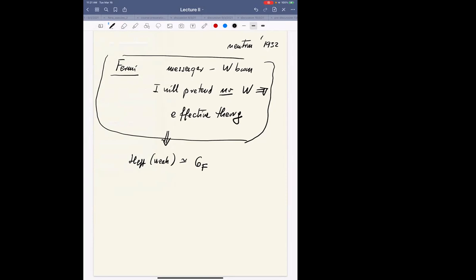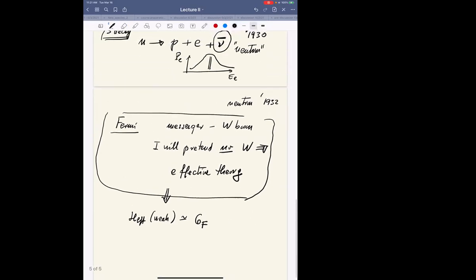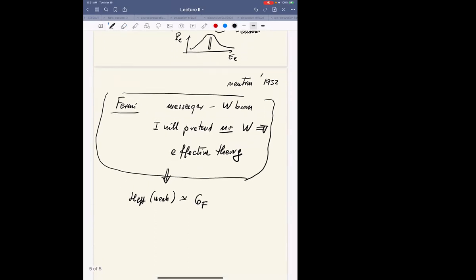And then, by analogy, he wrote something very simple, similar: F bar gamma mu F, squared. Well, I should be more precise. I'm sorry, I shouldn't write like this. I should be more careful here because it's not just the scattering. I should write P bar gamma mu N,